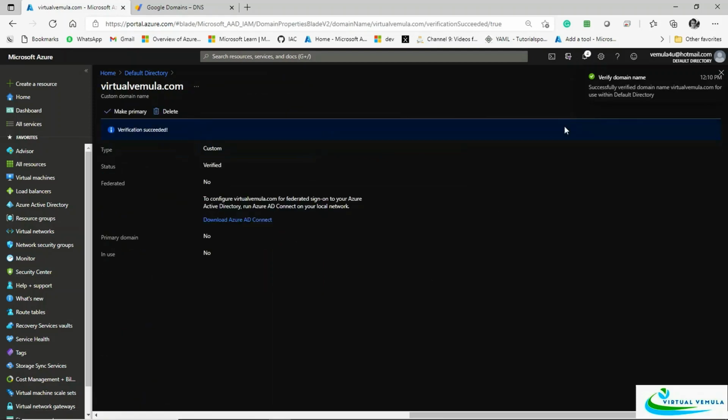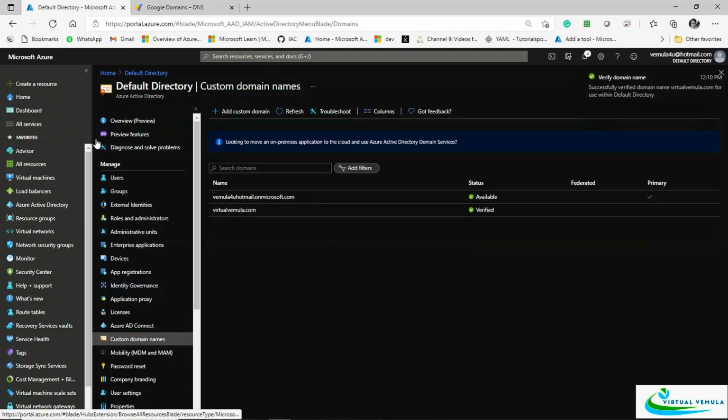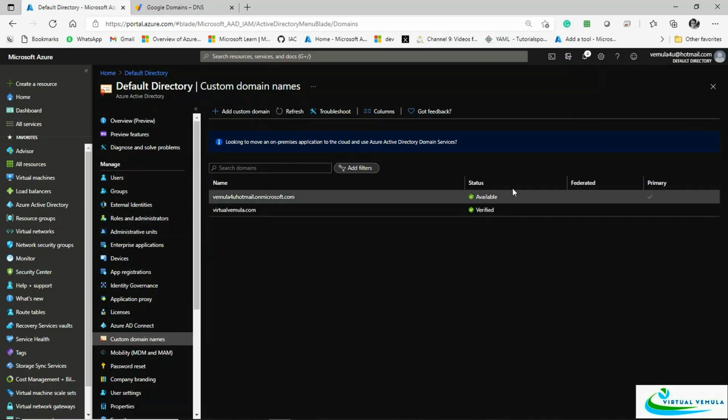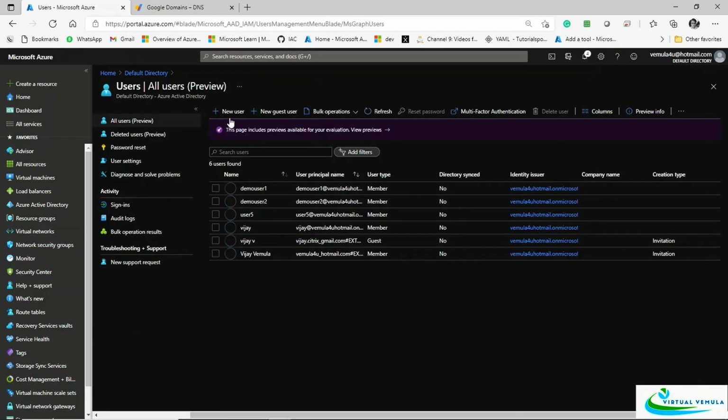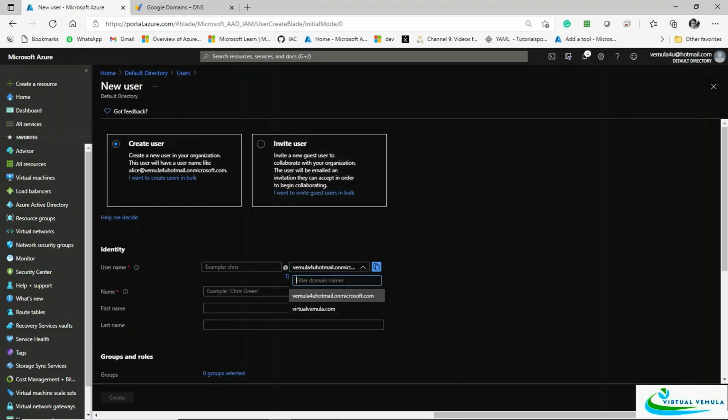Now you see it, verification of the domain name is successful. If I go back to this, you see it is now verified and showing green under the custom domains. Virtualvemula.com is showing as verified. Now I can go back to the users, and I can create users with my custom domain, whatever I added.